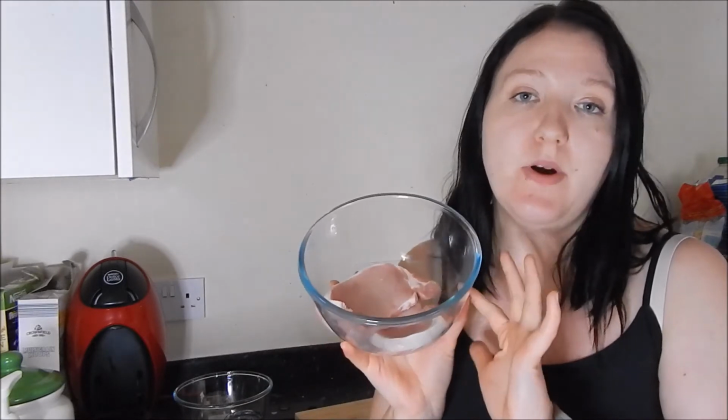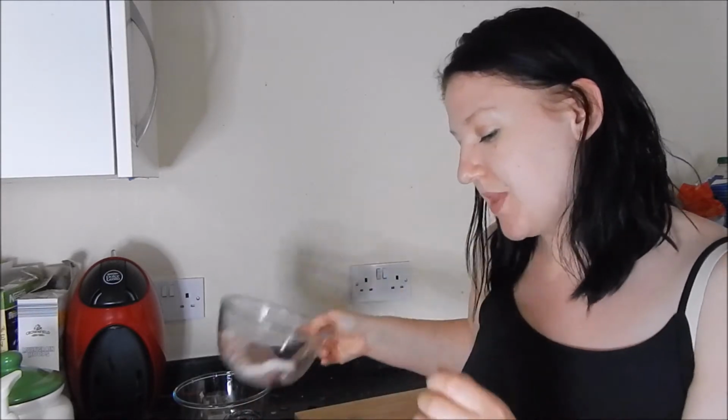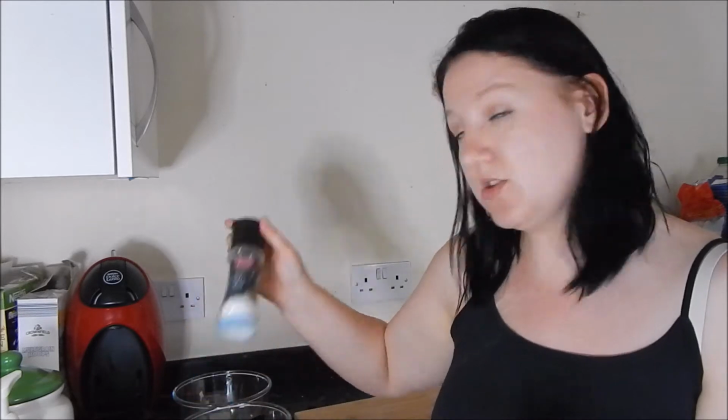For the schnitzel, you're gonna need pork loins. You can use chicken, but I prefer pork. It's easier to work with, especially if you're making this meal for the first time. So I've got 2 pork loins in here, as you can see. I need some salt,